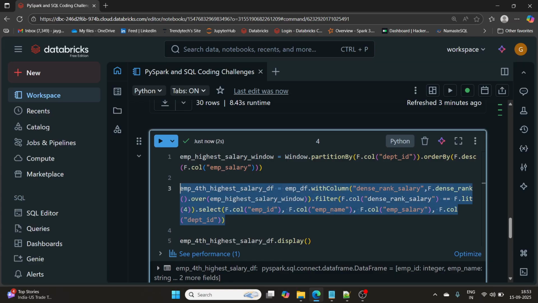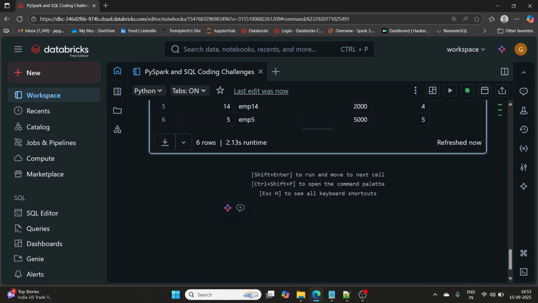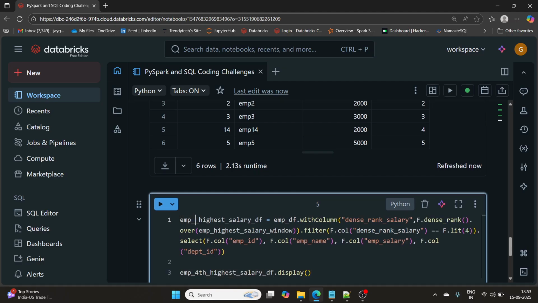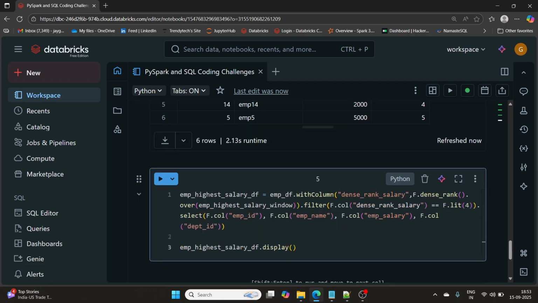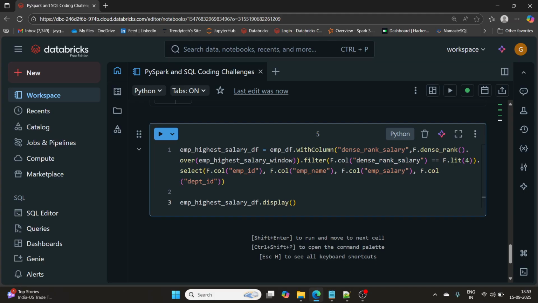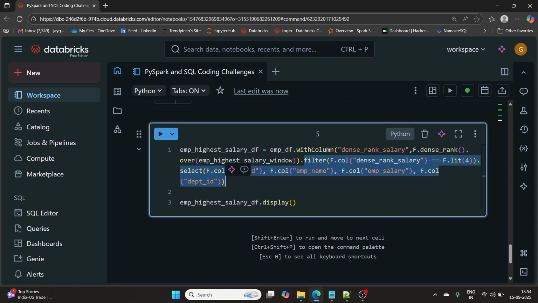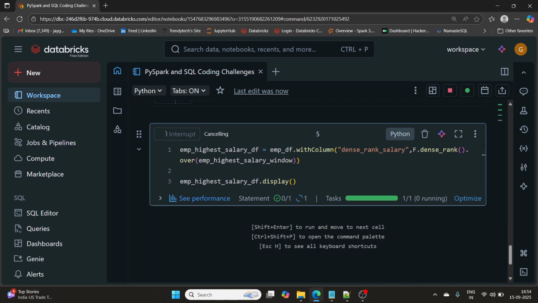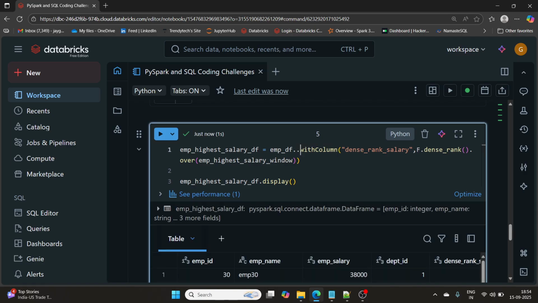Okay, let's do one thing. Let me copy this. We'll verify if our answer is correct. It's kind of, let's say, unit testing we are doing. Okay, let's do some unit testing. Employee highest salary DF, what I have to do, let me remove all these things. I have to filter for department ID 1. F dot col department ID equals to